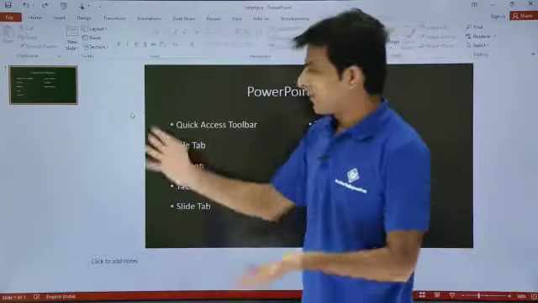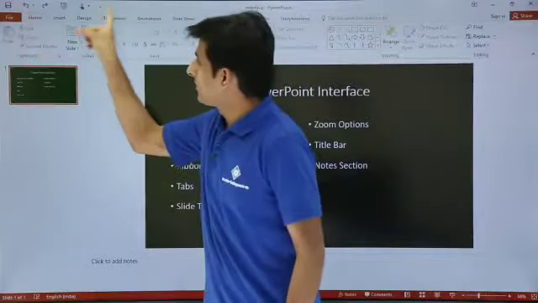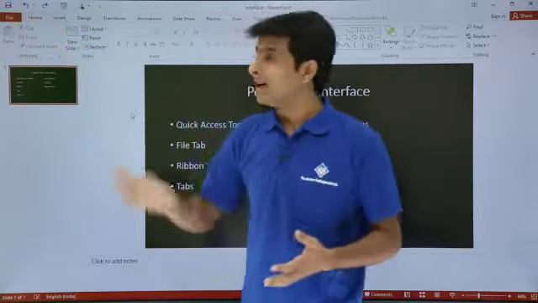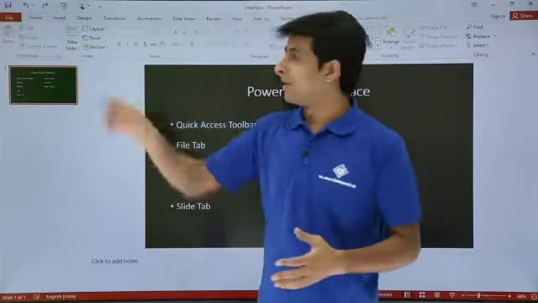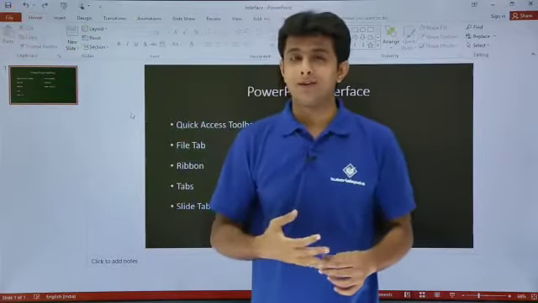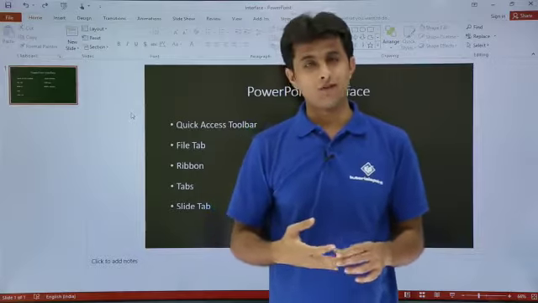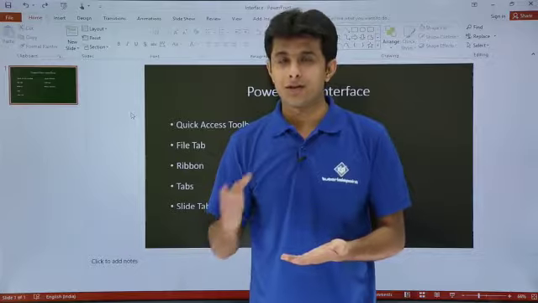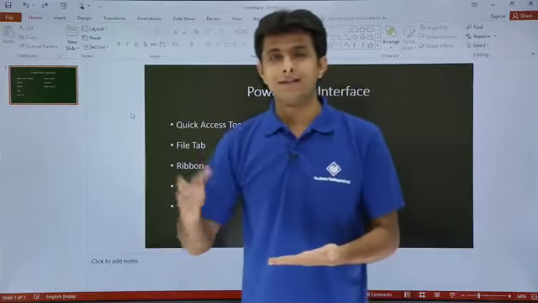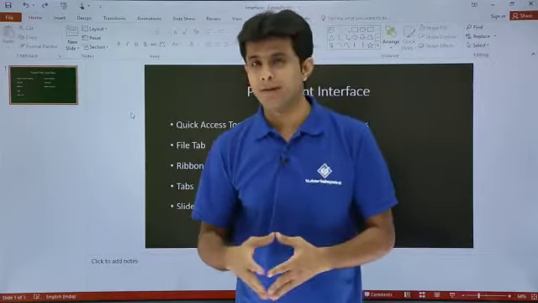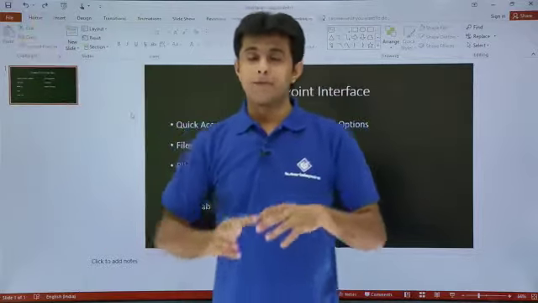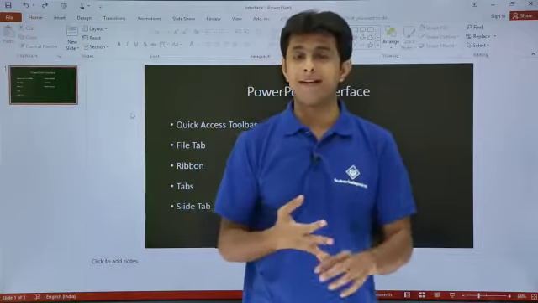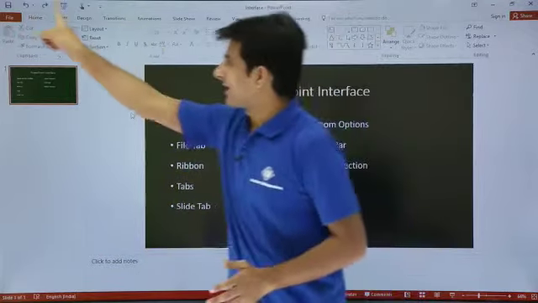Now on the top, this is the PowerPoint screen here. If you see on the top, these are the buttons, the icons for save, undo, redo, and the slideshow. So this area is known as QAT, Quick Access Toolbar. That is the only toolbar which is available after the 2007 version. 2007, 2010, 13, 16, these are the versions of Microsoft PowerPoint. In these versions, that is the only toolbar. But if you go back to the previous version of 2003, they had many toolbars available: format, edit, file, etc. So that is the quick access toolbar.